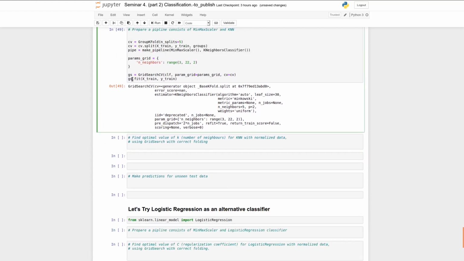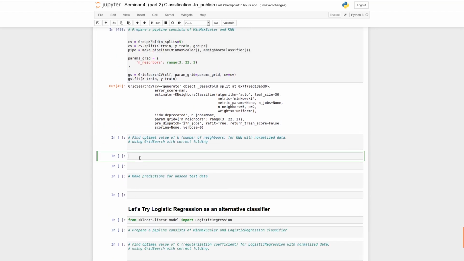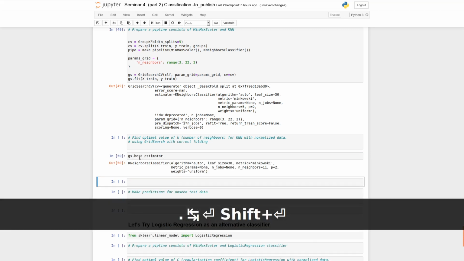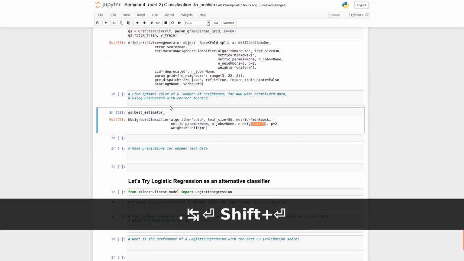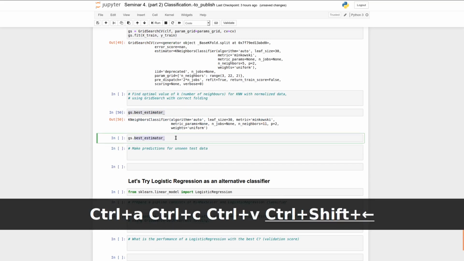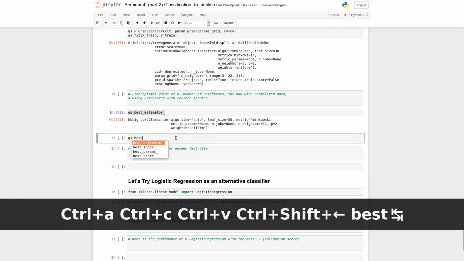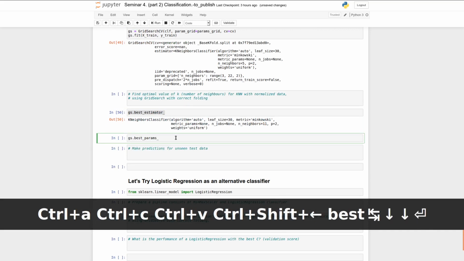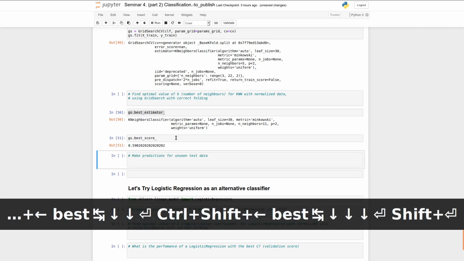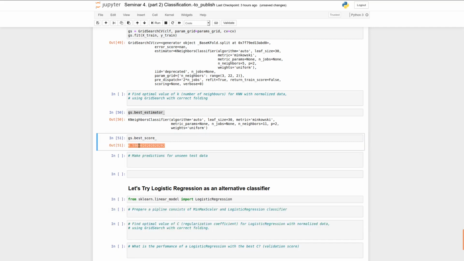Okay, we have a trained model. Let's see the performance of this model on an inner validation out-of-fold observations. So our best estimator is an estimator with n_neighbors 11, and the best score is again around